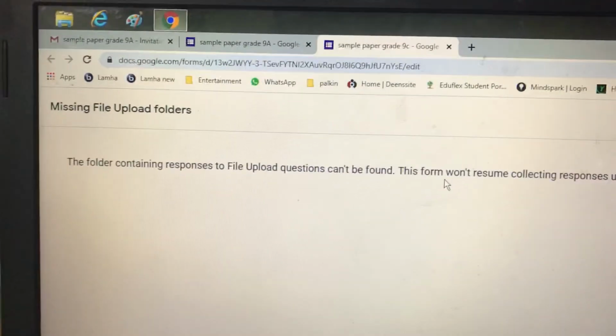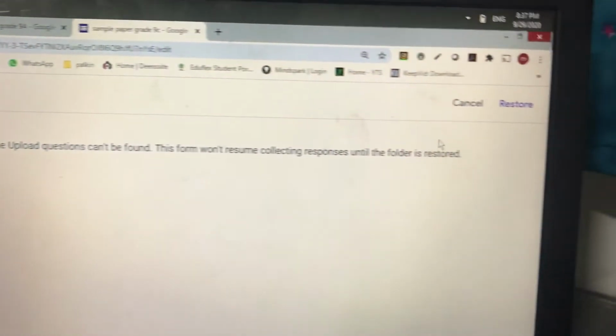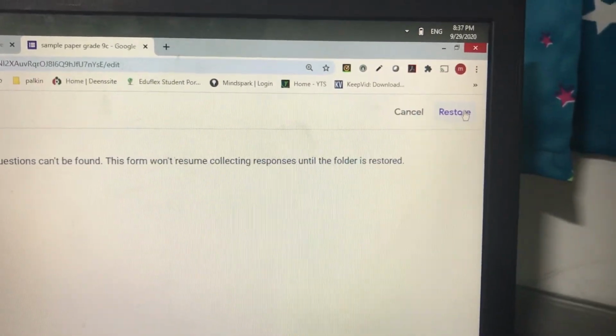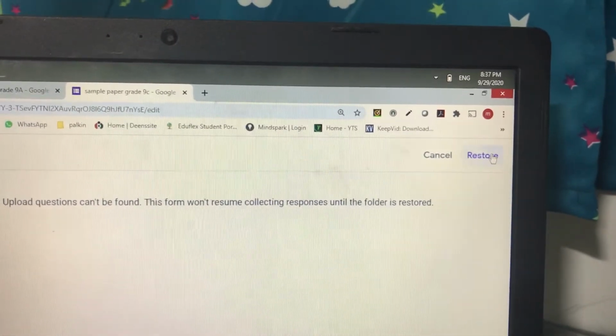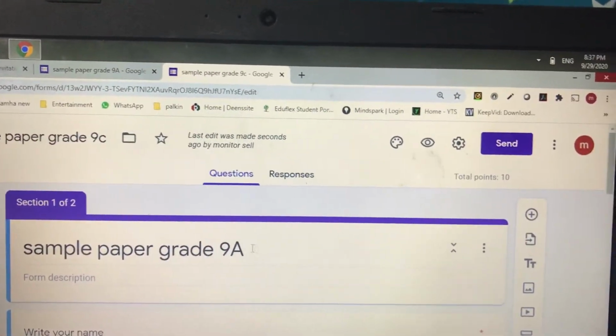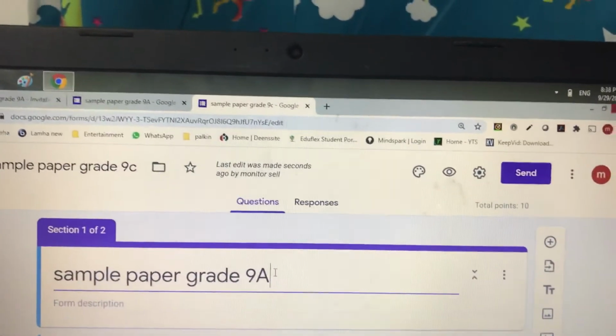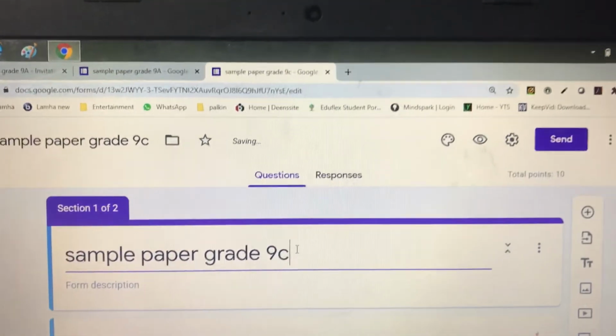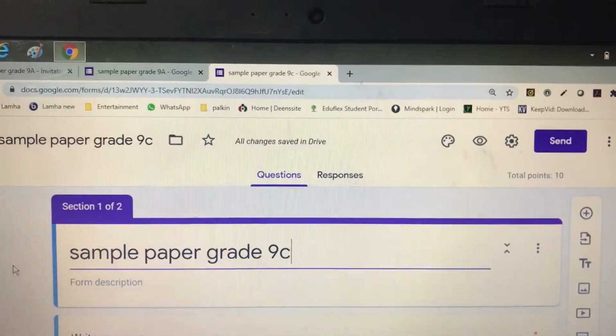And again it is showing the same error. So here we are going to click on restore. The same problem, that folders are missing, so it created the folders, and now I'll just change the name here, and that's it, done.